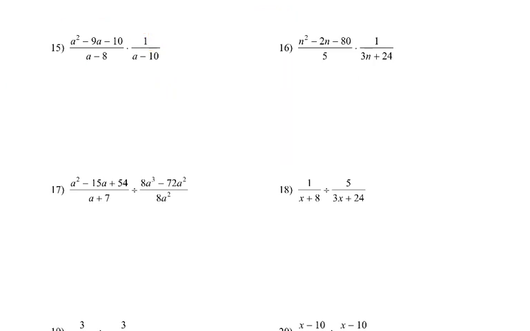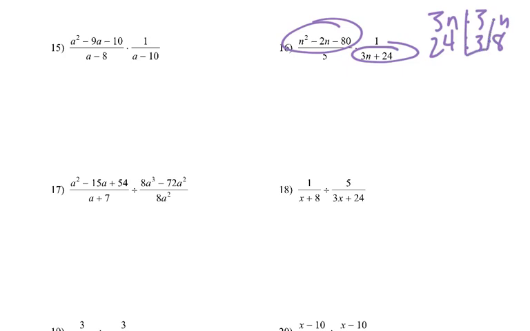Okay, number 16. So I need to factor that. Also need to factor that. So 3n, 3 times n, 24, we can do 3 times 8. So if I pull out a 3, I get 1 over 3 times n plus 8, because n is left over, and a positive 8 is left over. It's being multiplied by this guy